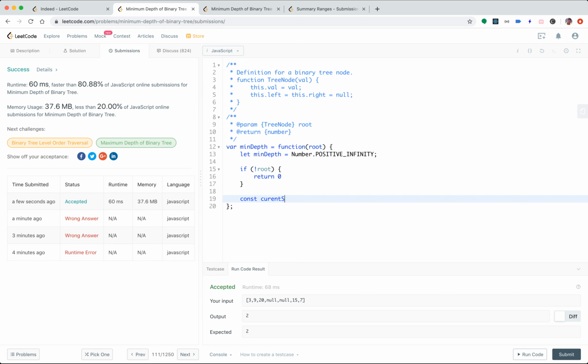So let's use a current stack. We use an array to act as a stack. The first thing is root should be in it, and then while the current stack is not empty, we pop: const node equals current stack pop. So when we pop this,